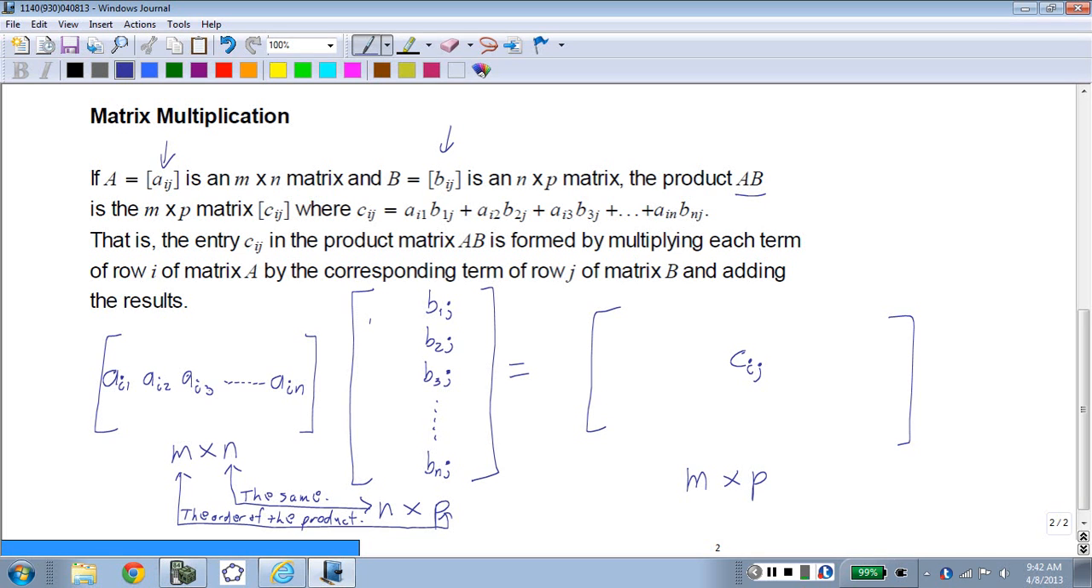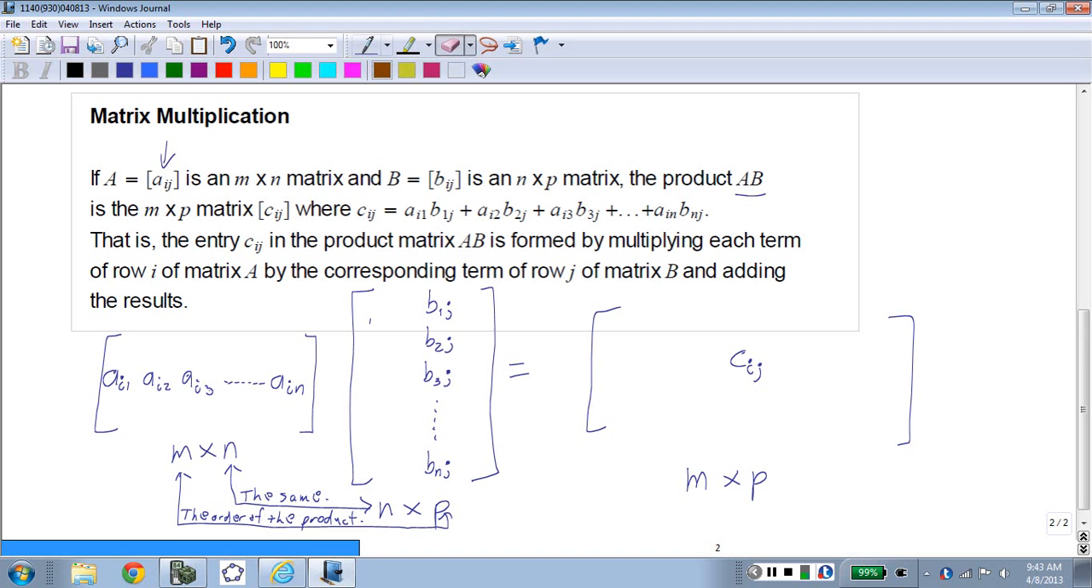So it's vital that the number of entries in this row be the same as the number of entries in this column. That's why the n's in the middle have to match up. N columns for the matrix on the left, n rows for the matrix on the right. And now